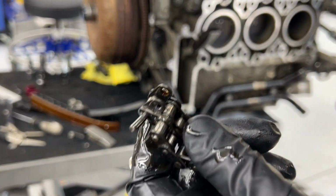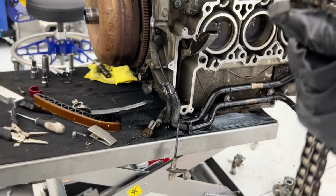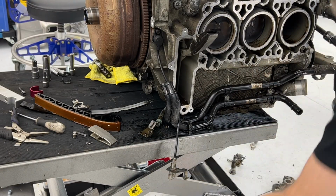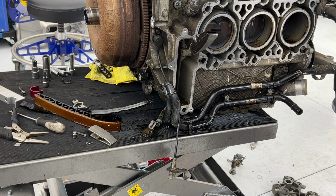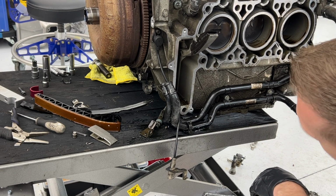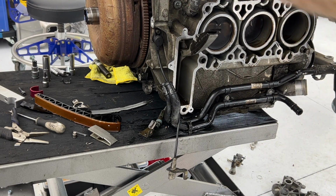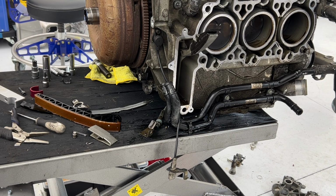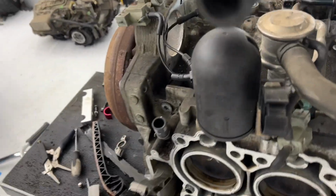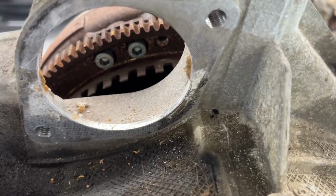And this is what the inside end looks like. Oh my God, that's so cool. Yes. All right. Now I should be able to rotate this freely and get to the bolts up here. Ha! I'm so excited. All right, with that out of the way and with our starter removed, look, we can look right through there